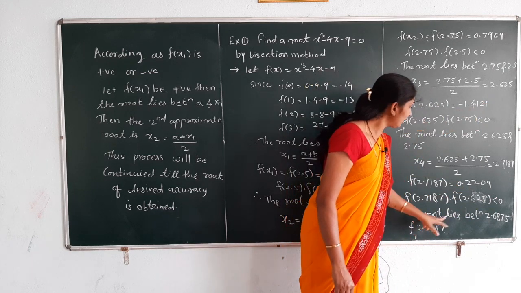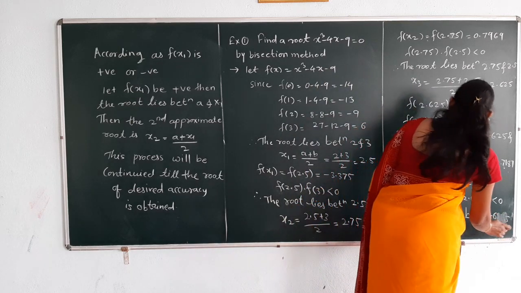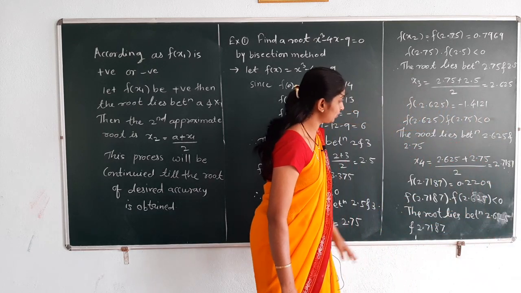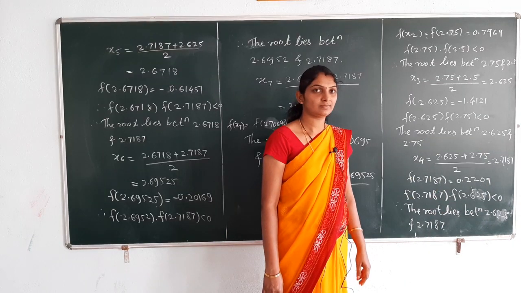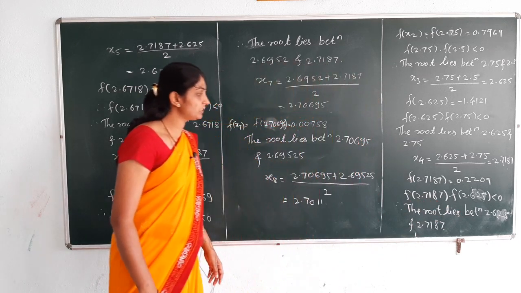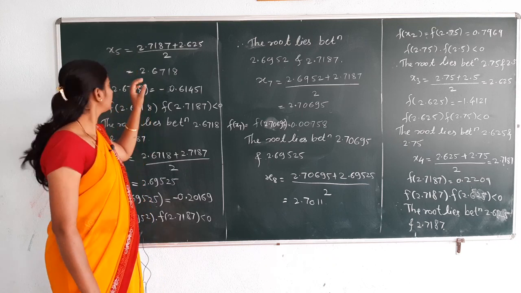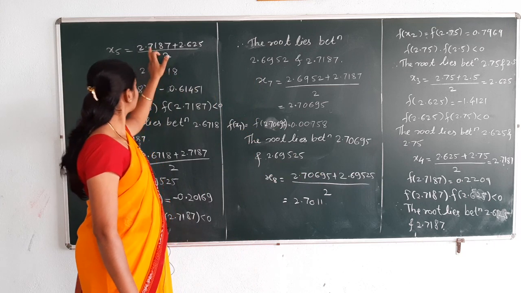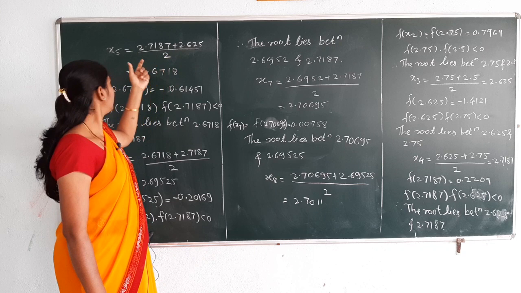that is 2.625. The root lies between 2.625 and 2.7187. Therefore, the root lies between 2.625 and 2.7187. Then our fifth approximation root, that is x5, is equal to (2.625 + 2.7187) divided by 2. Here the value of x5 is